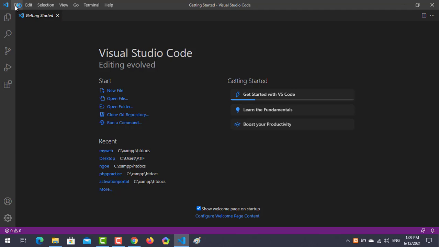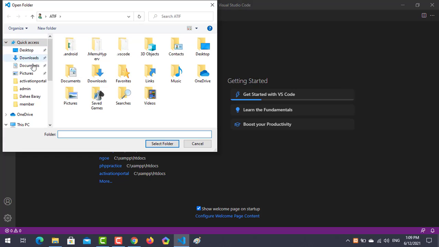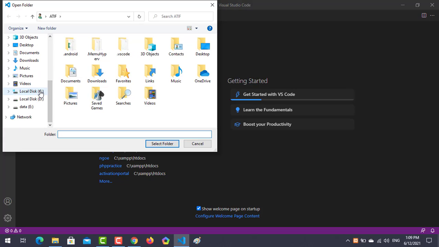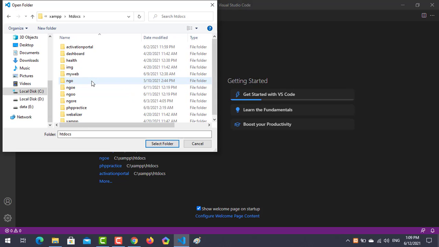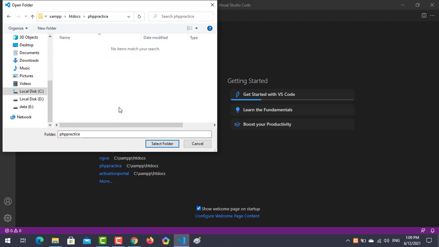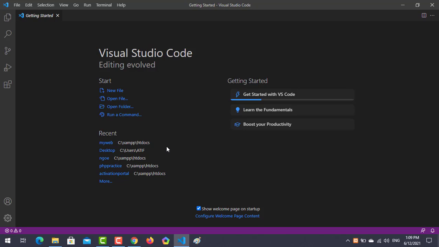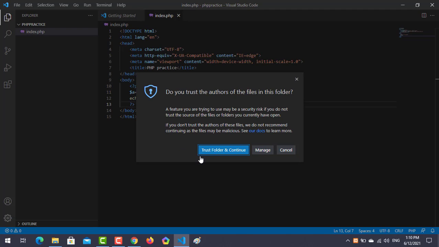File, and in the file this open folder, then we'll move towards the C drive, and then XAMPP, and then htdocs, and then PHP practice.